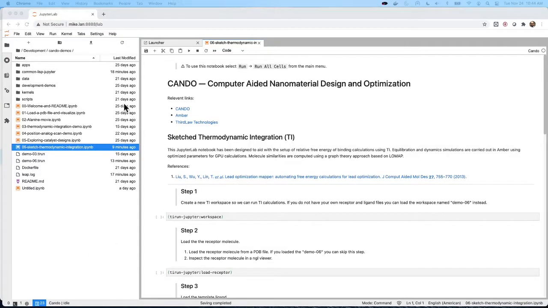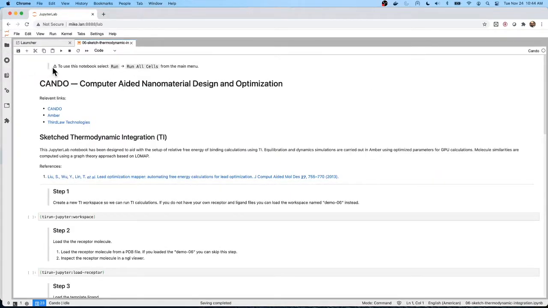This video demonstrates how to use CANDO and JupyterLab for calculating relative binding free energies for a set of molecules sketched in the Calculate Cheminformatics library widget. This demo can be found in the CANDO Demos GitHub repository as 06 Demo Sketch Thermodynamic Integration from the link